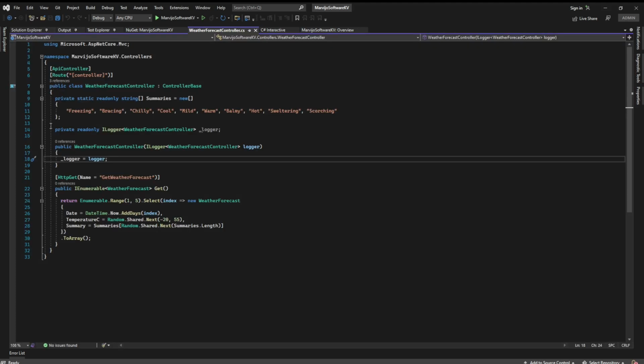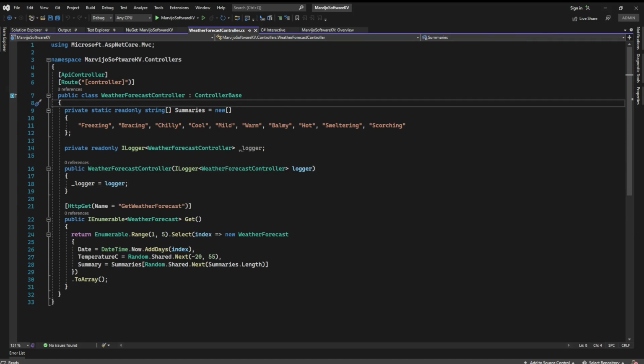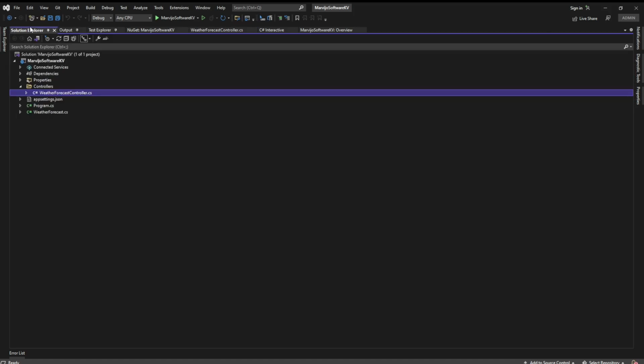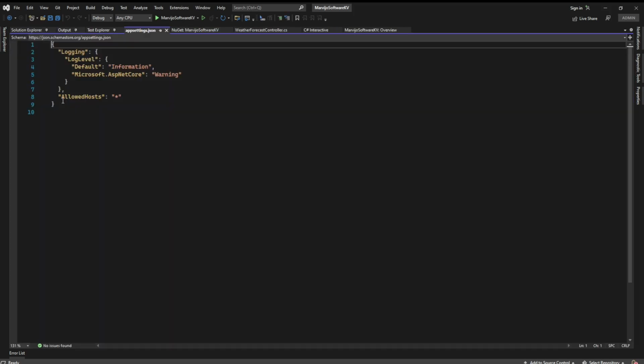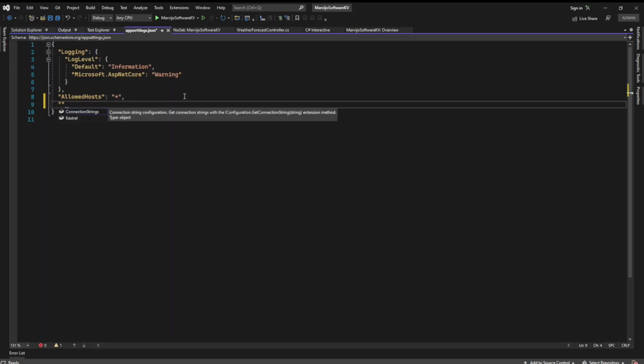Okay, if we go back to our controller here, let me just zoom in. One thing in particular that we're going to use here is in our app settings. If we go to your Solution Explorer, go to app settings here, one thing we're going to need is our Azure Key Vault URL,